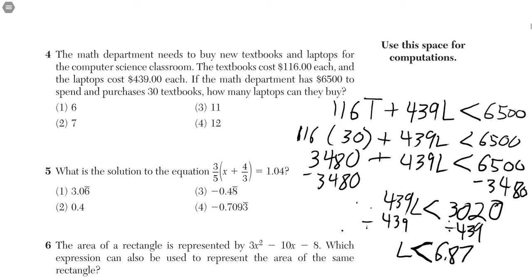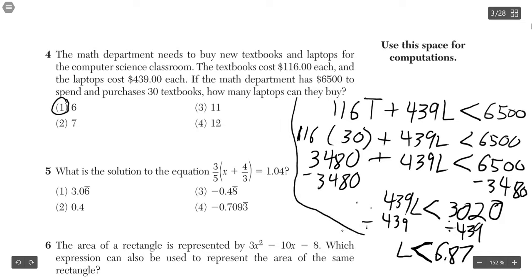So L has to be less than 6.76 since it has to be a whole number, right? You can't buy a half a laptop. So therefore L is going to have to be 6. Okay, even without doing any of this math, you could also figure it out logically by